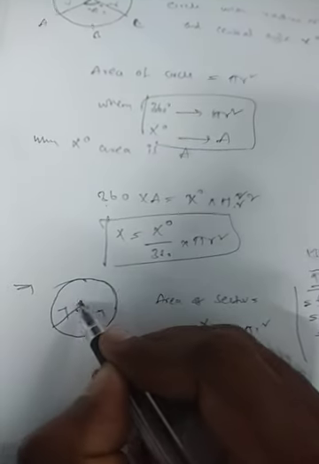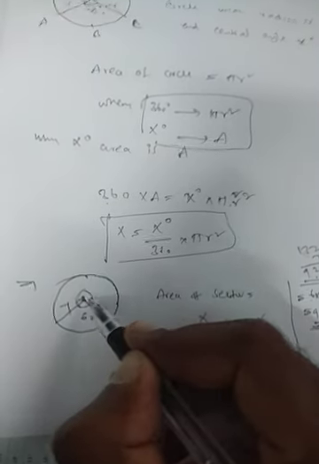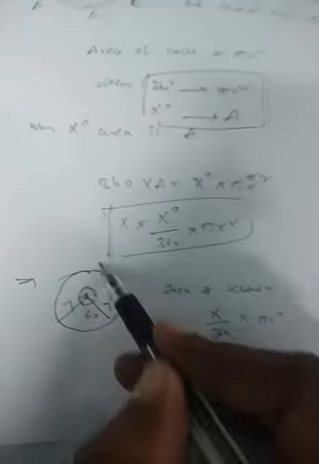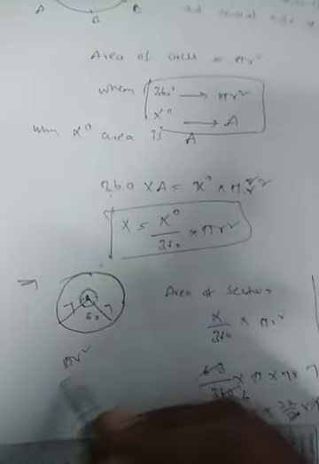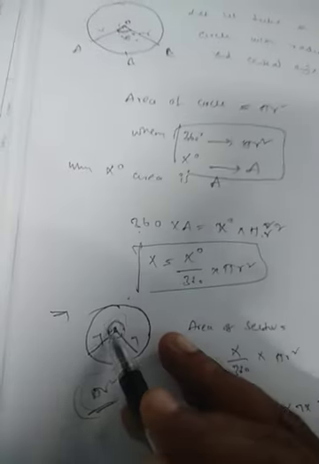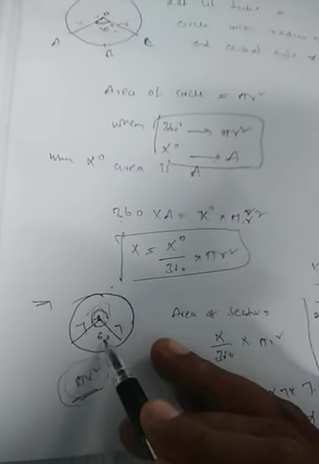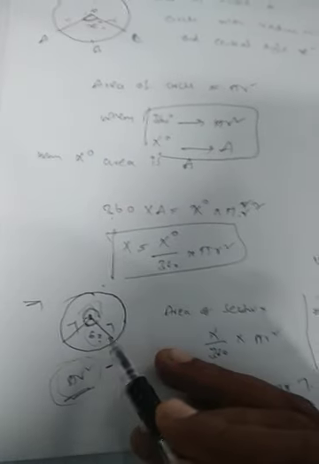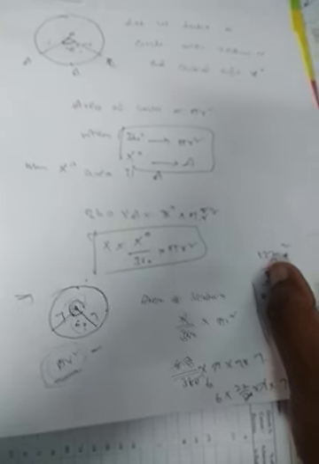If you want to calculate this other sector also, we can find it in two ways. The total angle is 360, and this angle will become 300, so we can replace 300. Otherwise, it is a little bit lengthy: the total area of the circle is pi r square, and from that we eliminate this value, 924, and we get the major sector. This one is a minor sector, since the central angle is less than 180. So this is all about the sector.